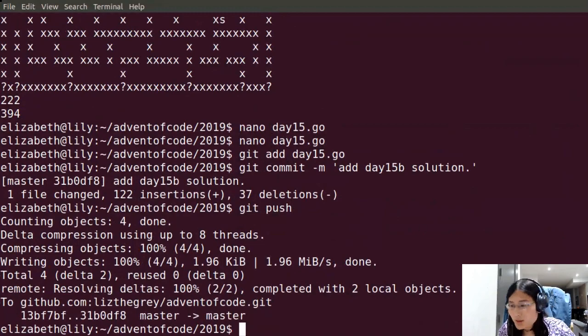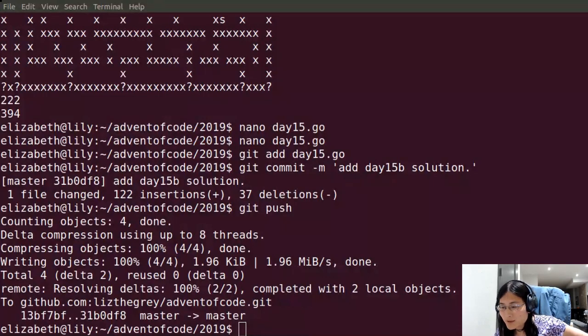What is my streaming setup? My streaming setup actually looks like, yeah, so that's what my setup looks like.